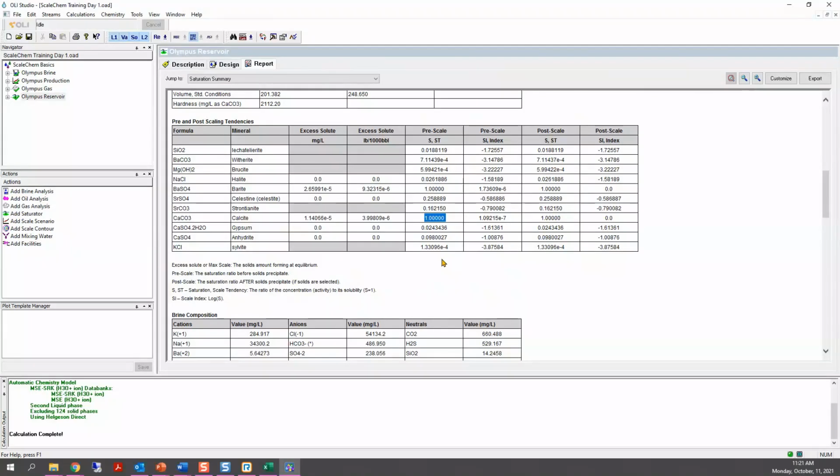Right. One of the reasons is that at reservoir conditions, you assume that the brine or the fluid is at equilibrium. And at equilibrium means that if you have some minerals or cementing materials that are in contact with this fluid, they will be at equilibrium, and that means you will have a saturation ratio equal to 1.